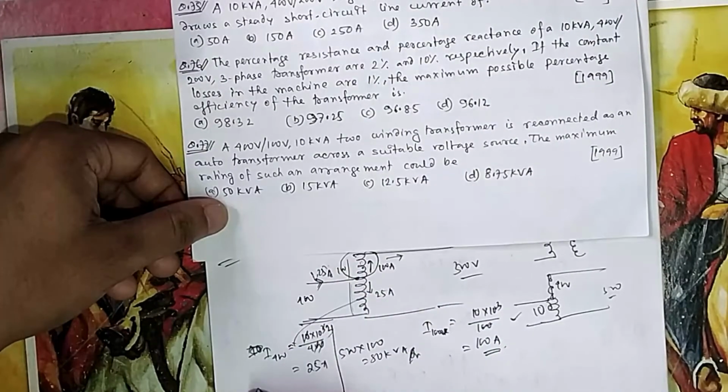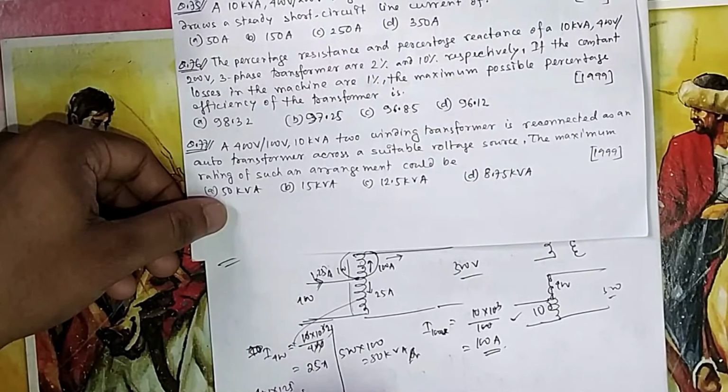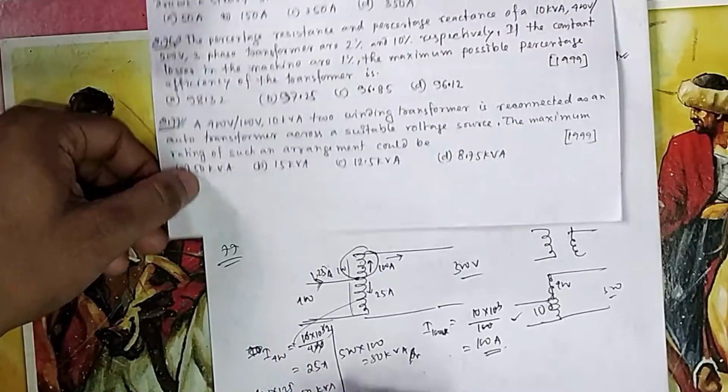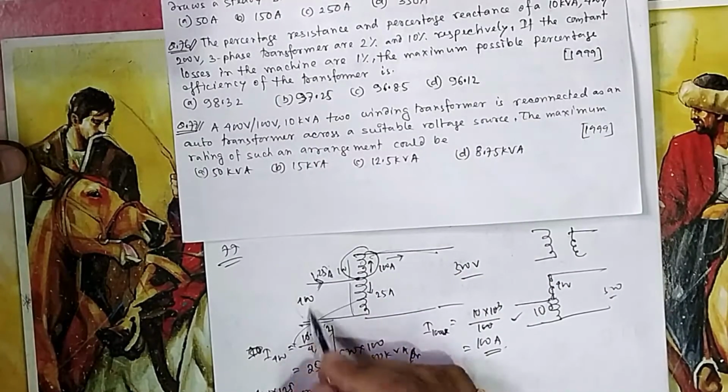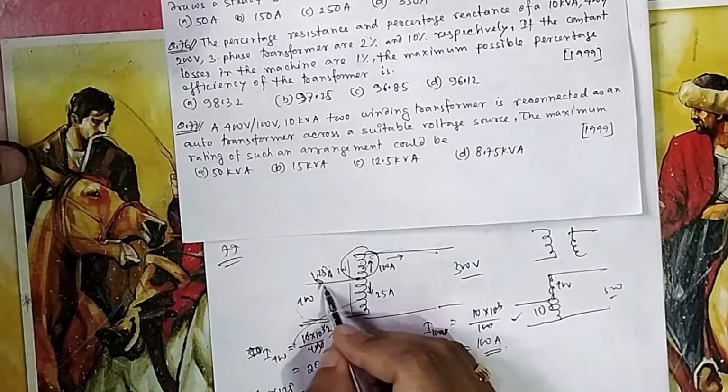V into I. So again 400 into 125 you do. So from both sides you will get 50 kVA. So you should be very clear. If I am using this one, then 50 into this current. If I am using this side, then this current I have to calculate, and this plus this is flowing here,